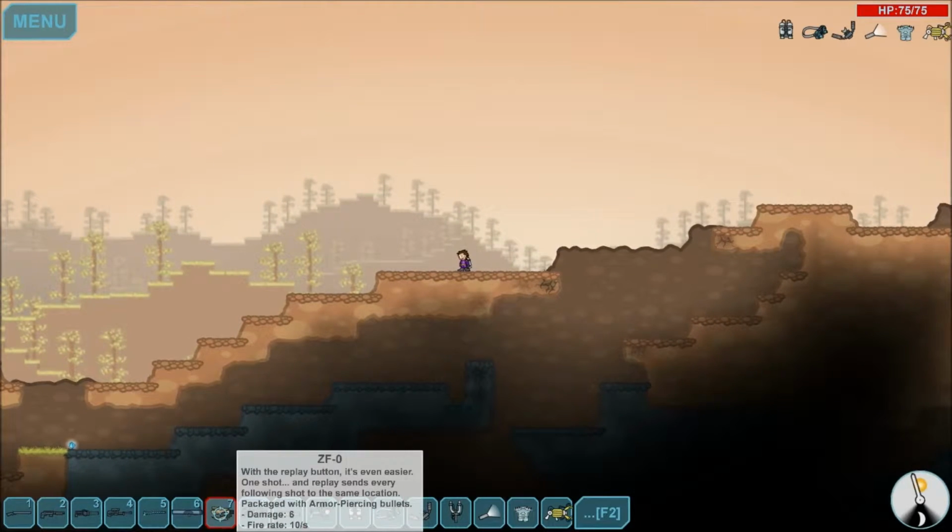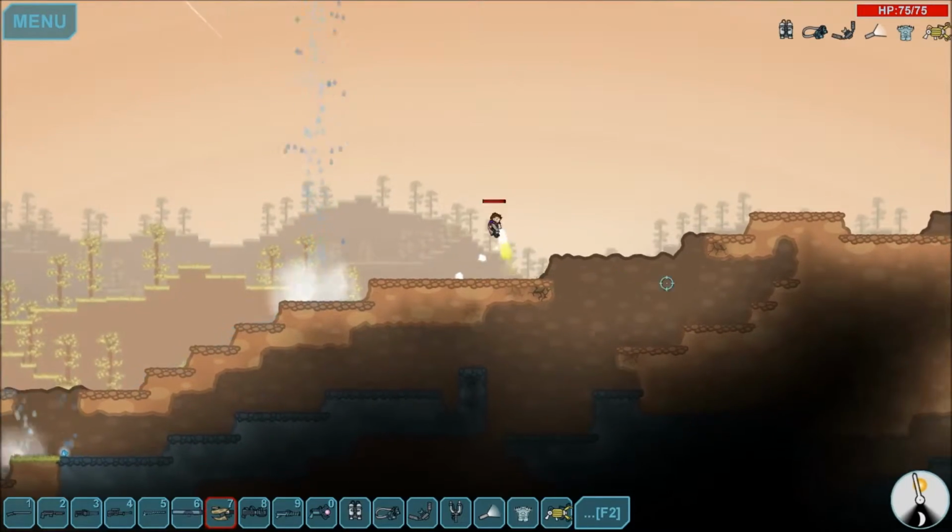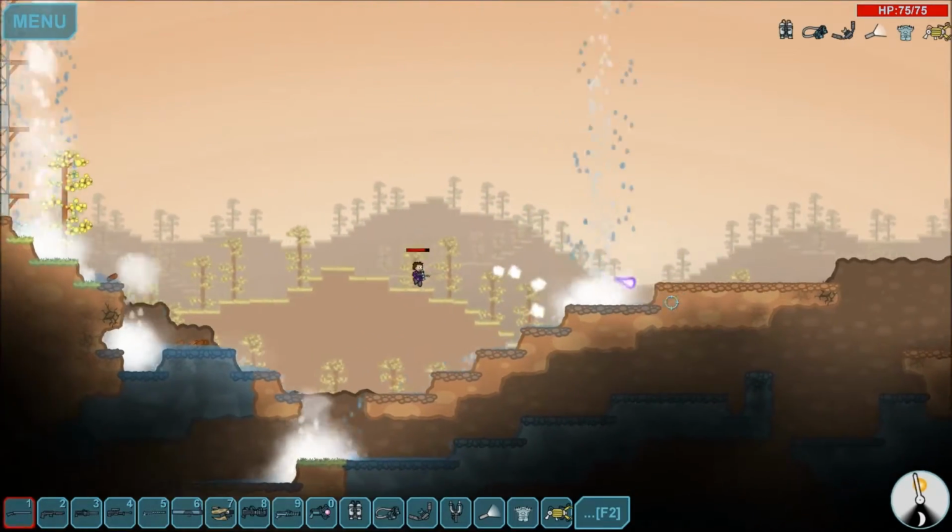Up next is our ZF-0. It's actually one of my favorite guns. What's cool about this gun is it has a high rate of fire. It does have a cooldown, which kind of sucks. But what's cool about this gun, I'm going to have to find the monster to show you guys,